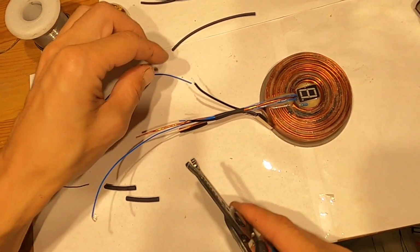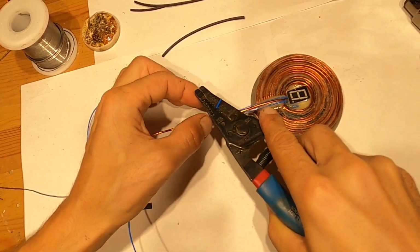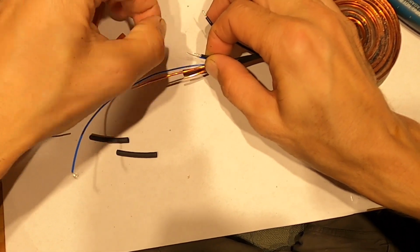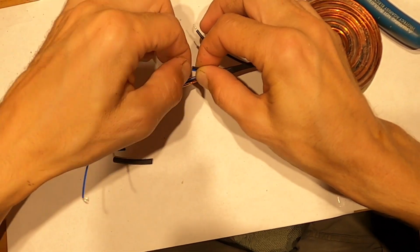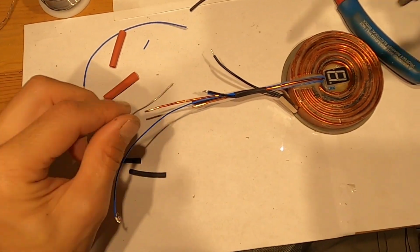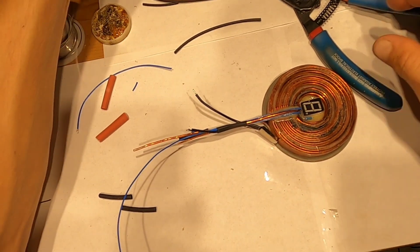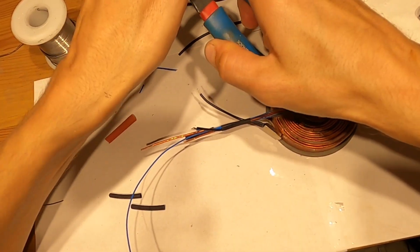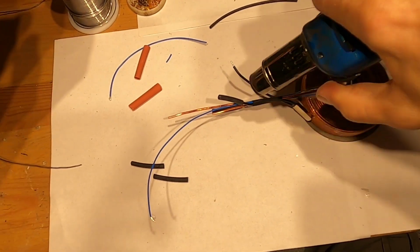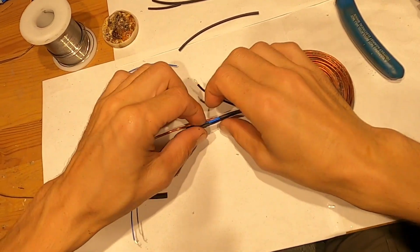I'll cut it here, and then I will attach them here like that, and I'll solder it here. Here we go, and I'll put a heat shrink over. I'll shrink it. Okay,